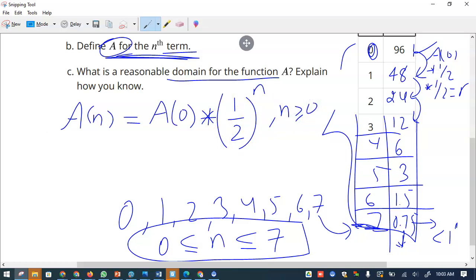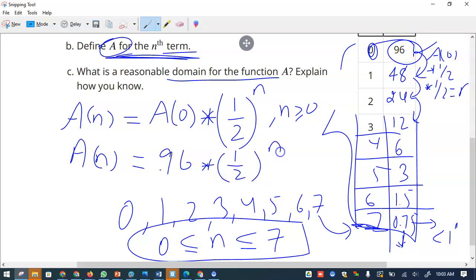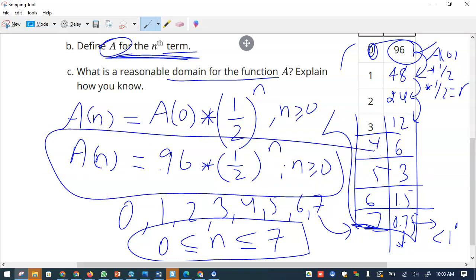So that's the formula, and then you just plug in the first one is 96, that's 96, and half, and n, and so this is the nth